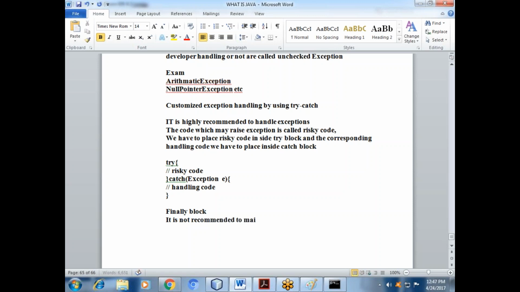Is it recommended to maintain cleanup code inside the try block?